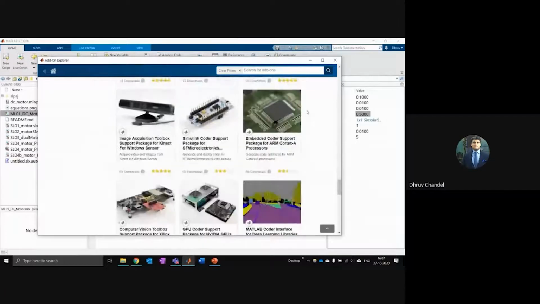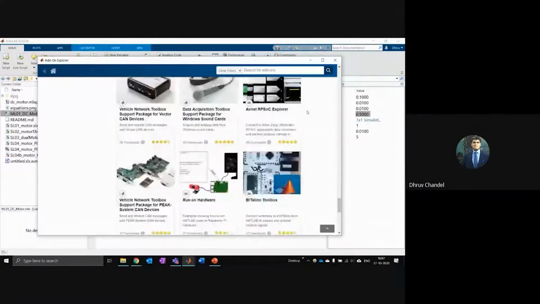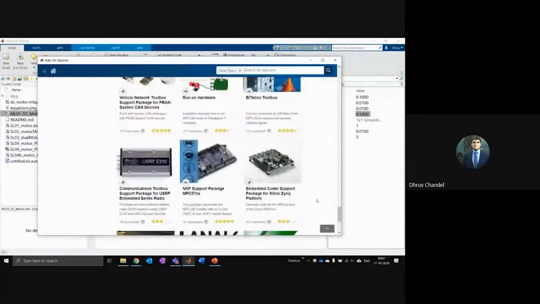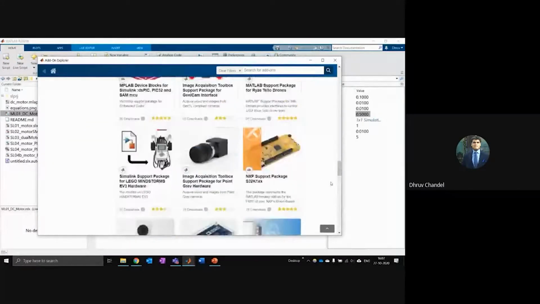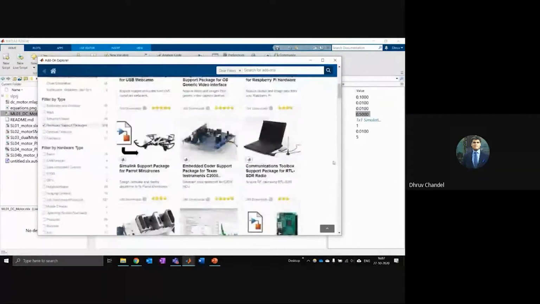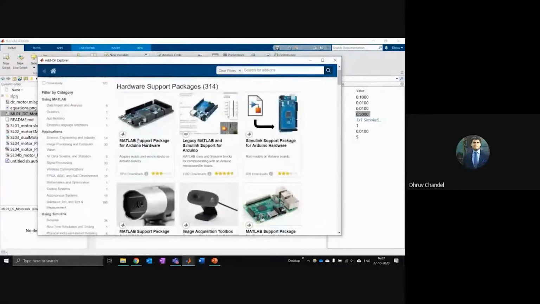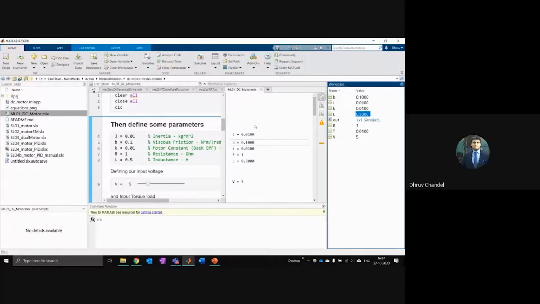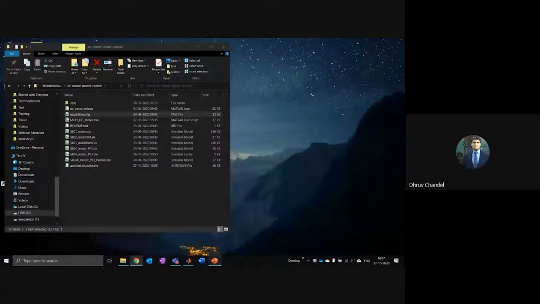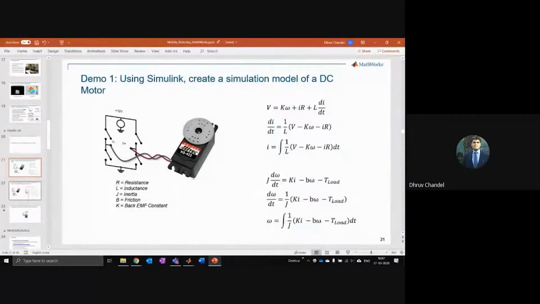There's a couple more. I think they've changed the order in which this is listed. So if you're working on BeagleBone, or if you're working on Arduino Engineering Kit, or any of those commonly used hardwares, basically you don't need to write C or C++ code. You can just make a Simulink model, and the code is automatically compiled by Simulink, and it's actually a very efficient solver. So this is the same method I used in my own master's and PhD thesis research, and I just thought I'd mention that to you.